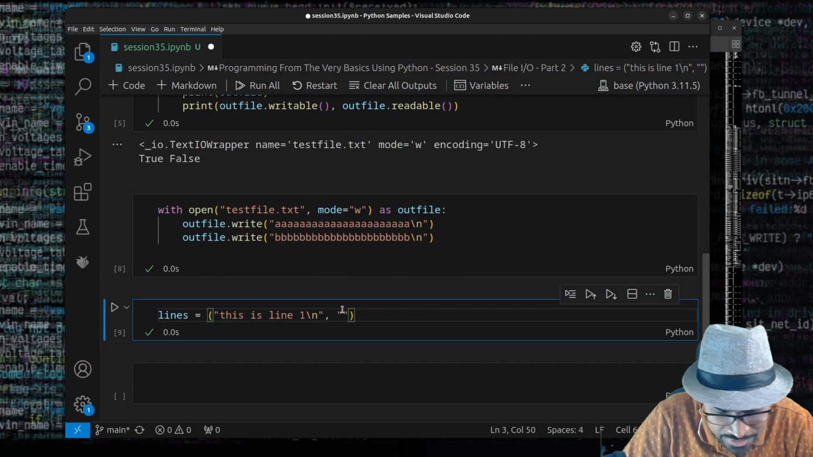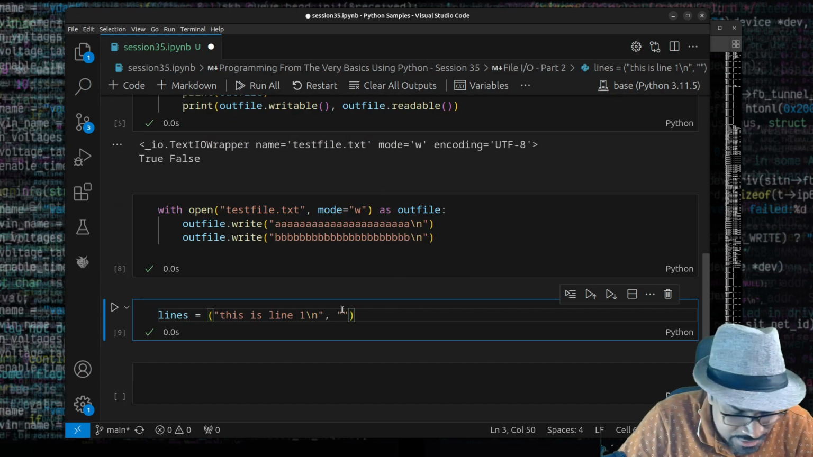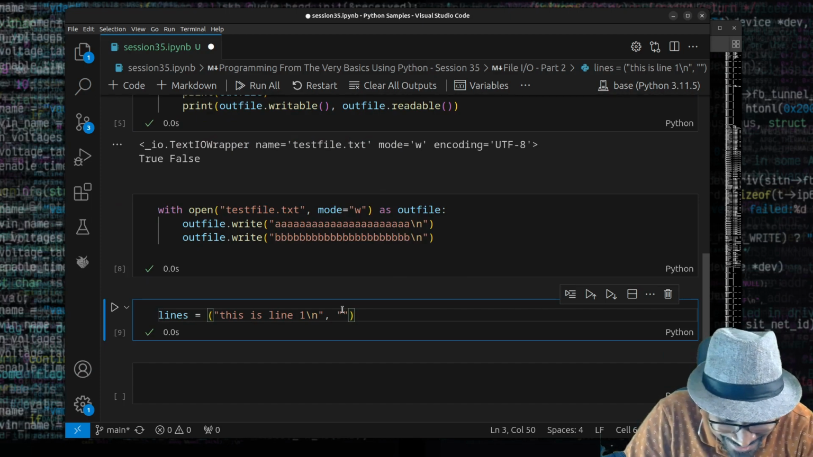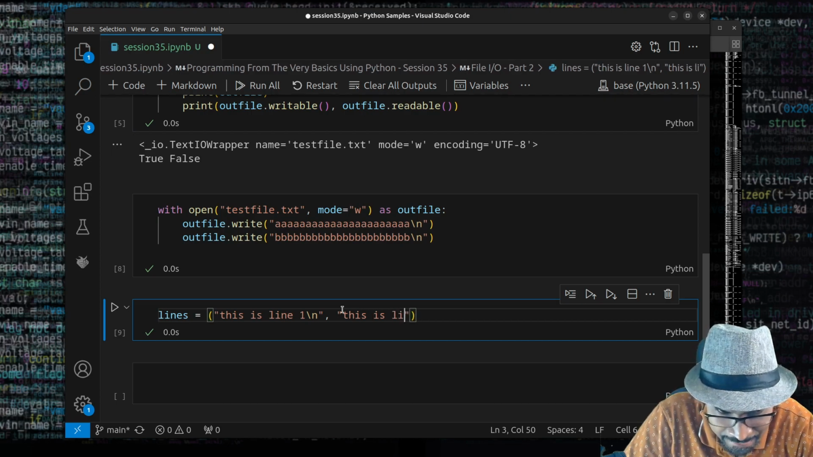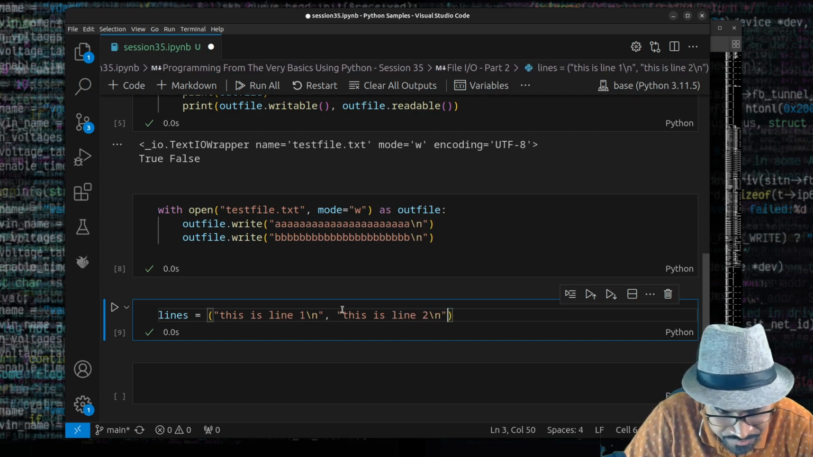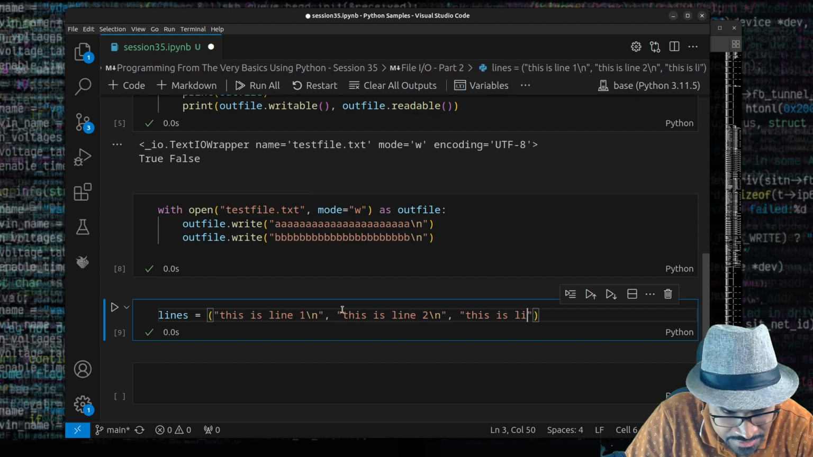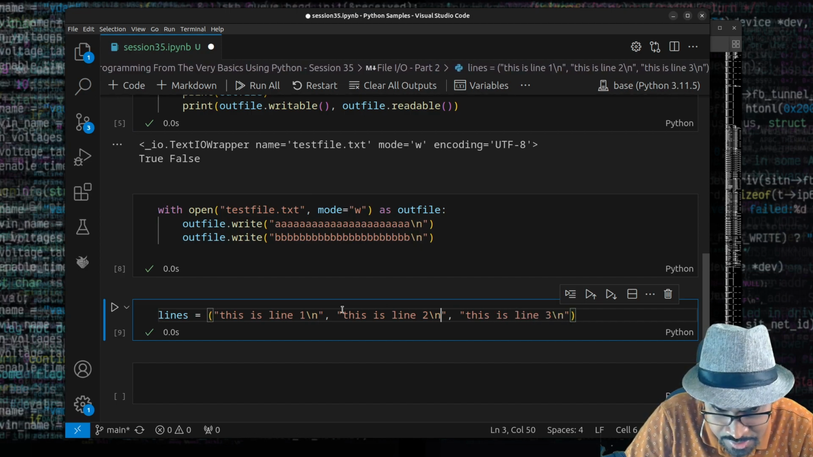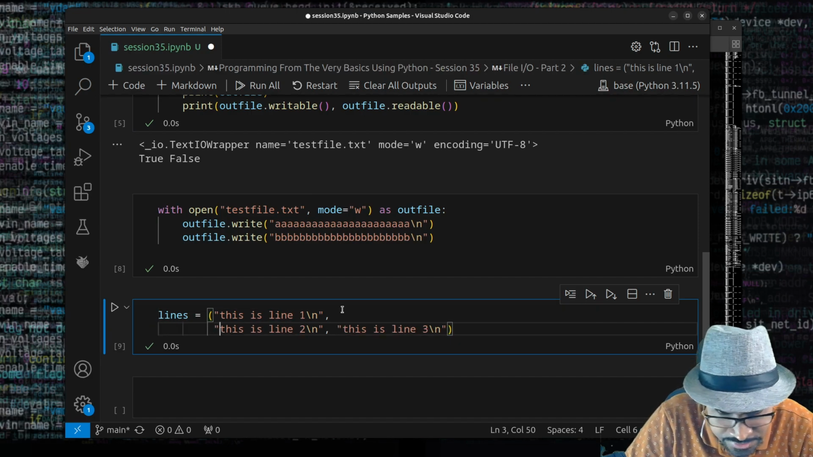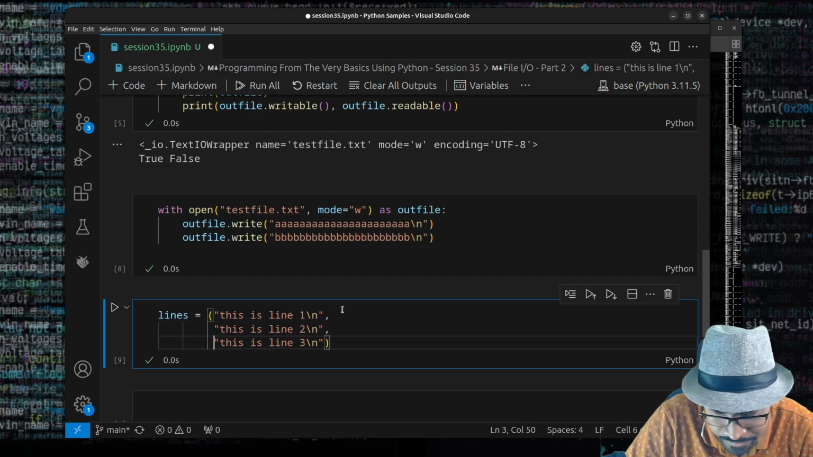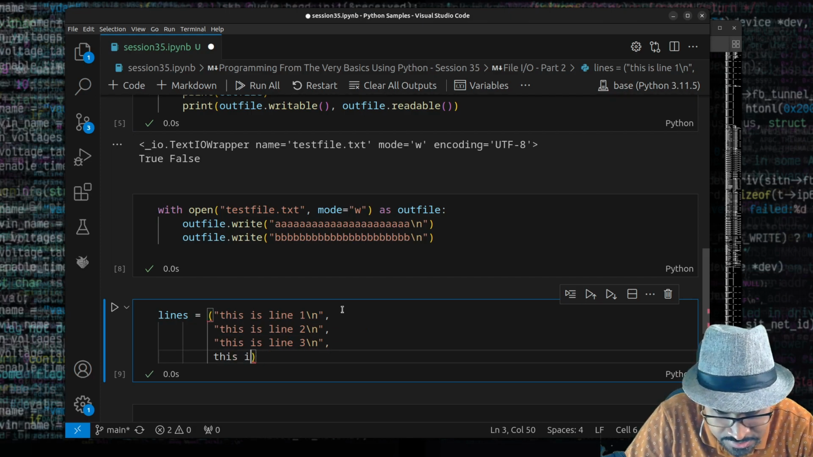Sometimes I hit the wrong keys. I changed my keyboard recently and struggled with it. This is line 2. This is line 3. So let me make it multi-line so you can see it better. And this is